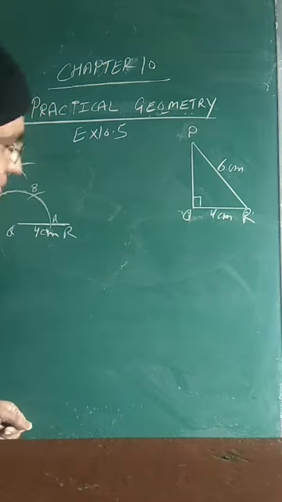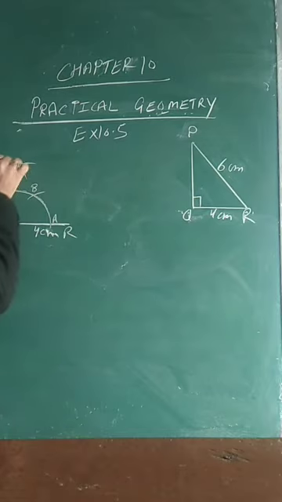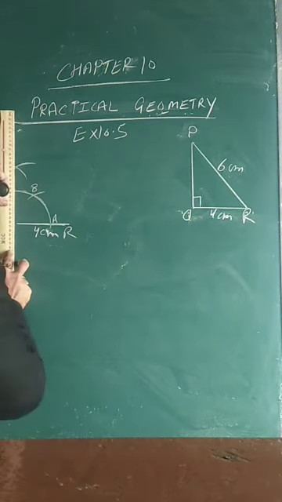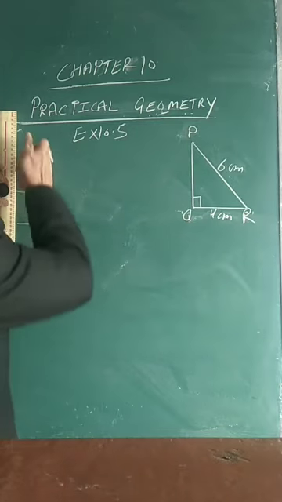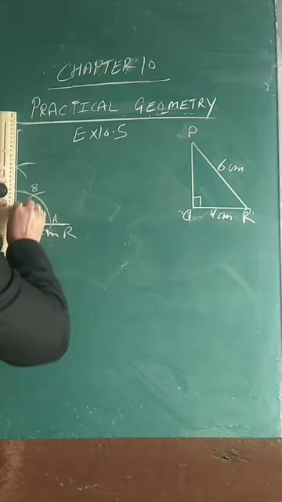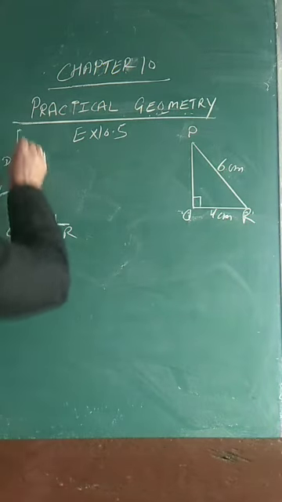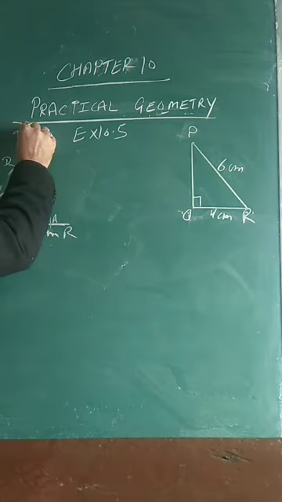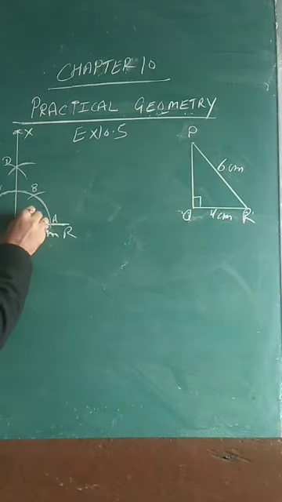Okay, so now suppose this is point D. Now we'll draw this perpendicular. Okay, so this is supposed to be X. Now here QX is a ray which is perpendicular at point Q. So this is 90 degree.